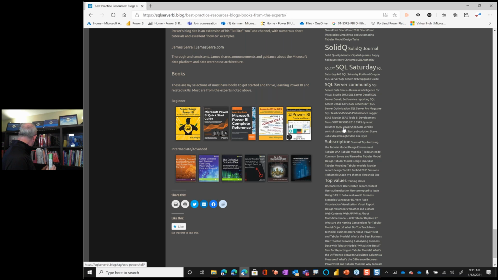sorry, I'm having trouble finding the Italians' other book. This book, Definitive Guide to DAX, and then the other data modeling books by the Italians. So it really depends on where you are and what your focus is. But I created this page specifically to answer that question.